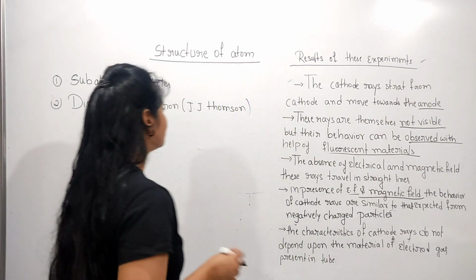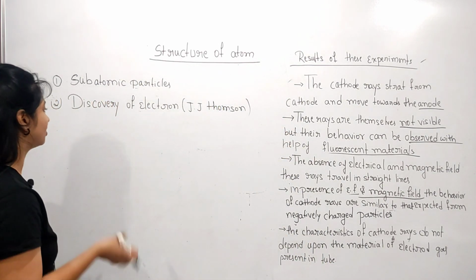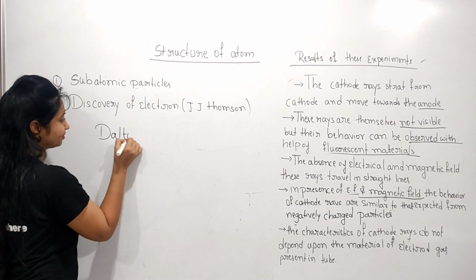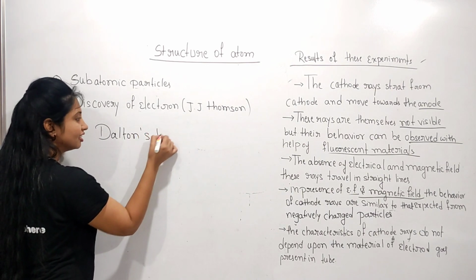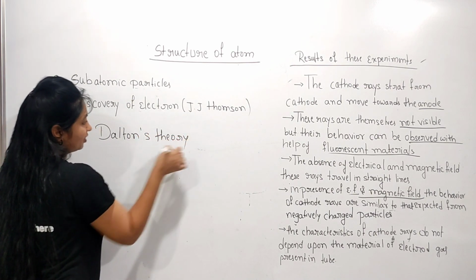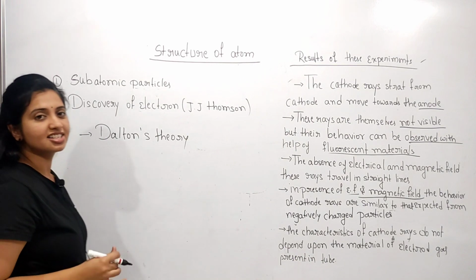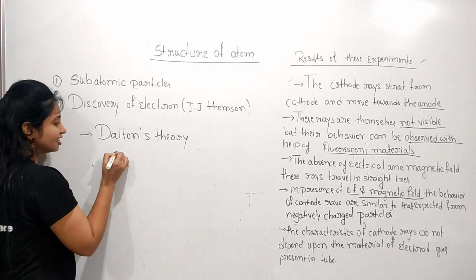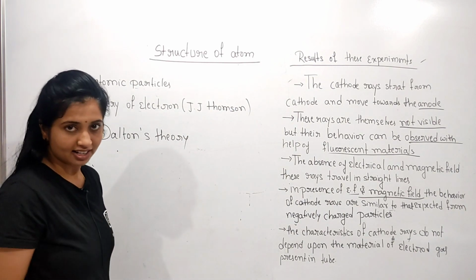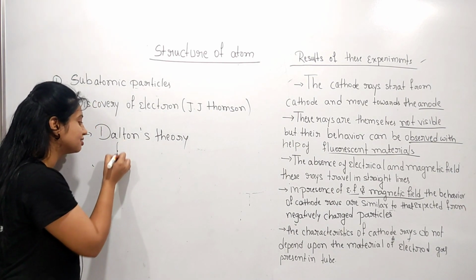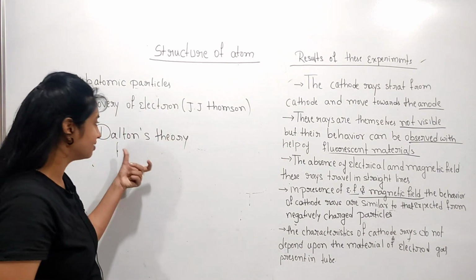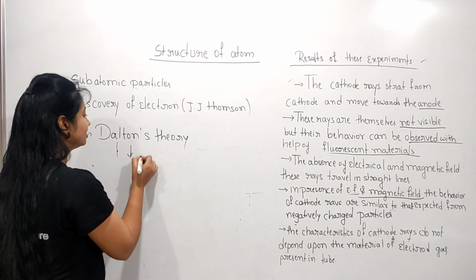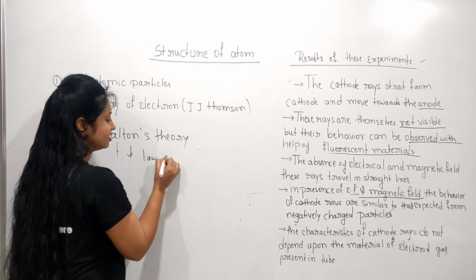And I just wish to recap one theory from that chapter. Already you know about that theory, that is Dalton's theory. Dalton's theory says about atoms that the atom is the tiniest particle and it is indivisible in nature. It is called an atom. And Dalton's theory already well explained the law of conservation of mass,